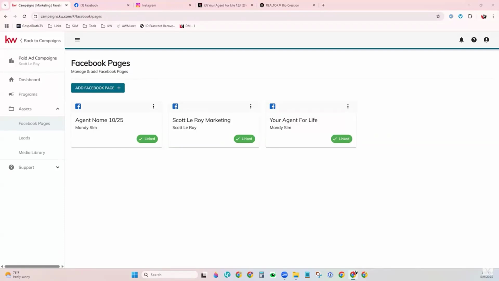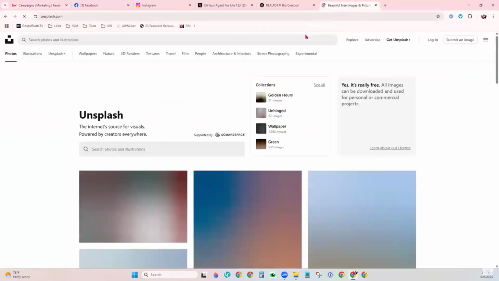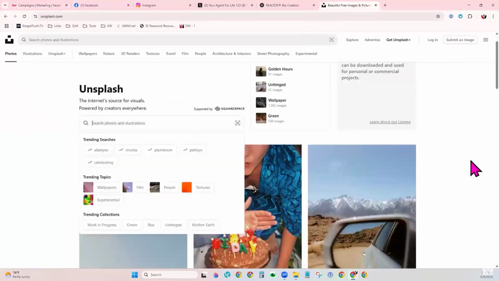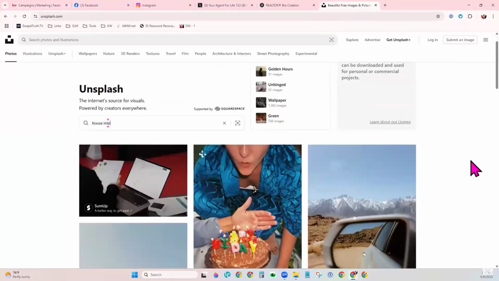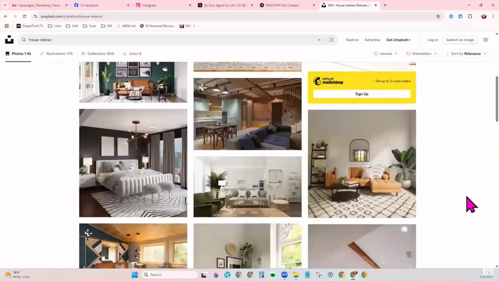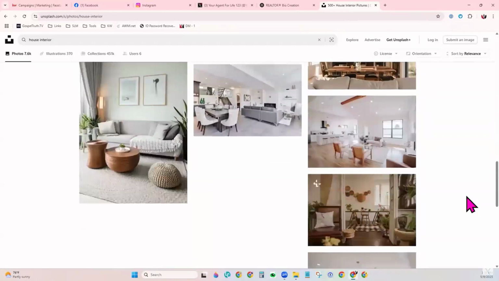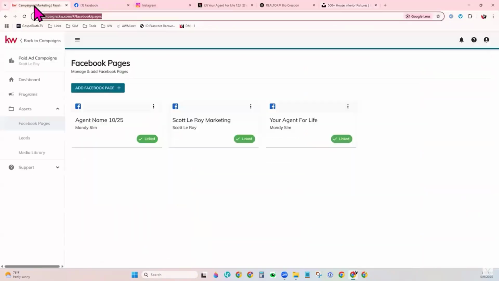These are sites that you can go to create free content. They have, let me throw one in a browser really quick for you. They have tons of photos. We'll say house interior. Tons of photos. No watermarks. You can just come here and grab them and use them for content. The same with Pexels.com. It's also a site where you can get a lot of images with no watermarks on them. Don't forget also in your command